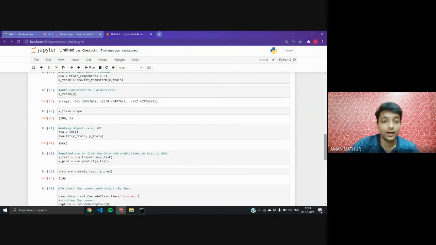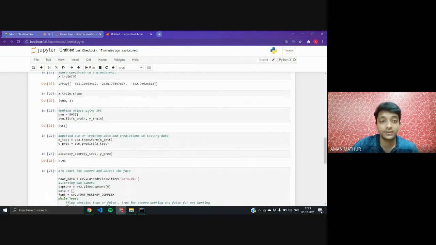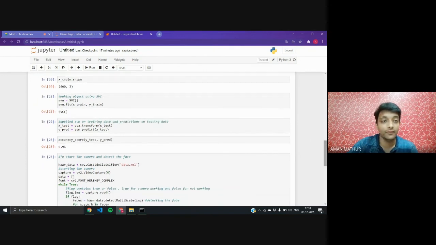Now I have made objects using SVC. I have declared some objects using the vector classification. I have made the vector machine, and now I have passed both the X train and the Y train variables into the svm.fit function.